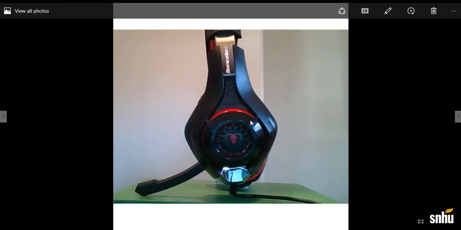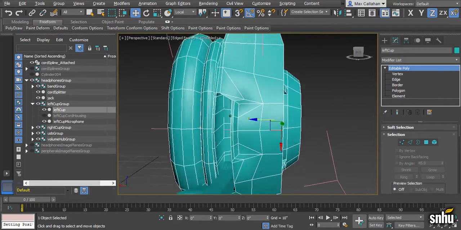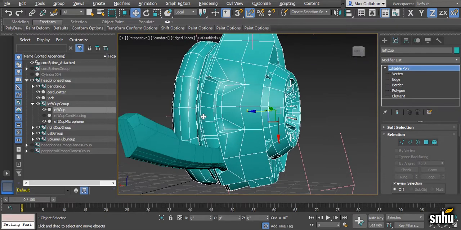Again, they kind of hug the shape of that first object that we created on the inside, and then they're rectangular, flat on the outside. So I used the same method that I used to create these inner plastic rectangles to create these. I used the cut tool to draw some edges to create an opening that matches the shape of the opening